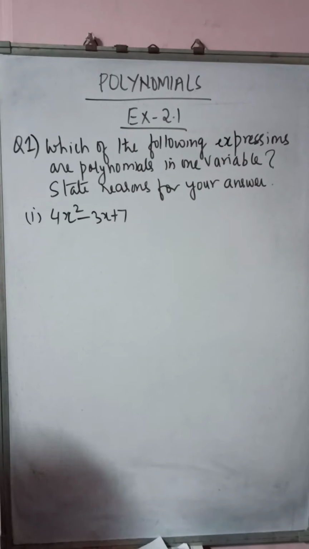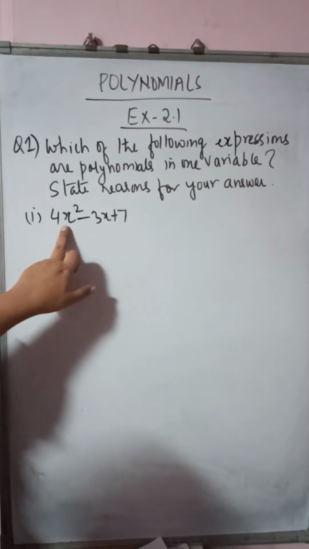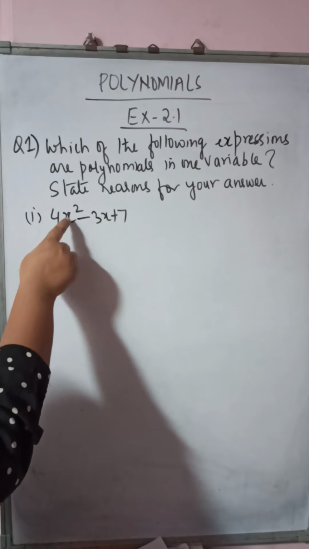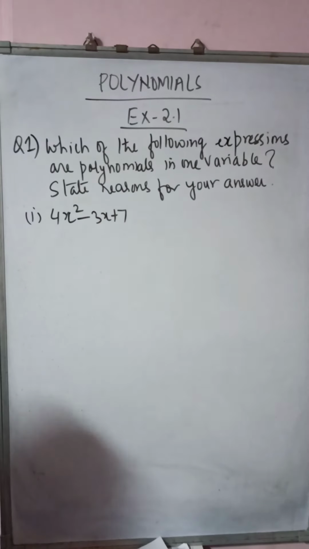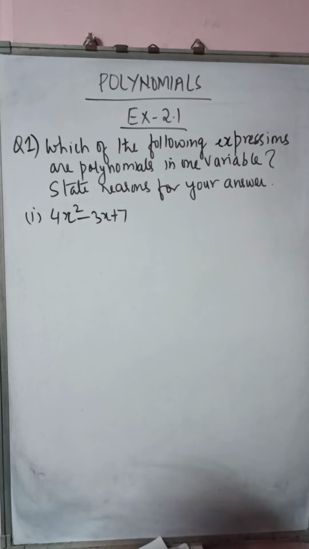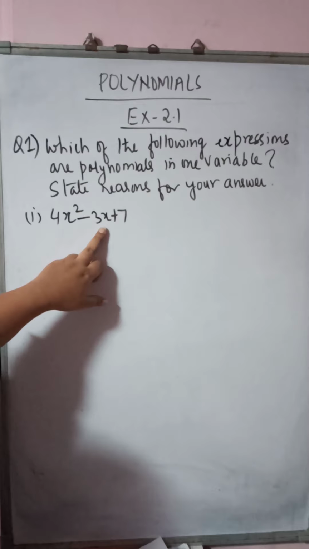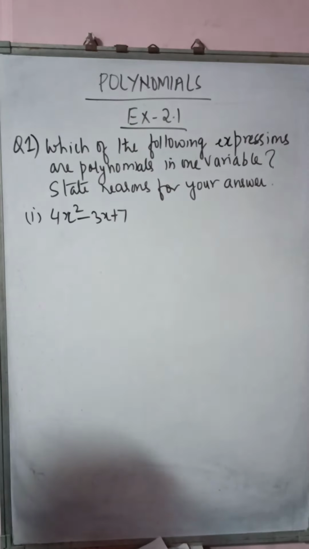Now when they talk about polynomials, polynomials are also algebraic expressions in which the power of the variable, which we write like this, x raised to power 2, so 2 is the power of x. Here no number is mentioned, which means the power of x is 1. So a polynomial means any algebraic expression in which the power of the variable is a natural number, or you can say the power of the variable should be a non-negative integer.